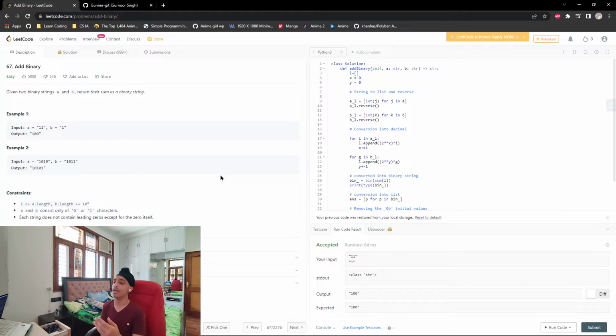So for i in a_l, append 2 to the power x, where x is just our count variable which we increment as the loop goes on, and i is the element in the list that we are iterating through. Again, this is also a Python-only feature as far as I'm aware, where you can just use a loop to iterate through each value of the list or the array,